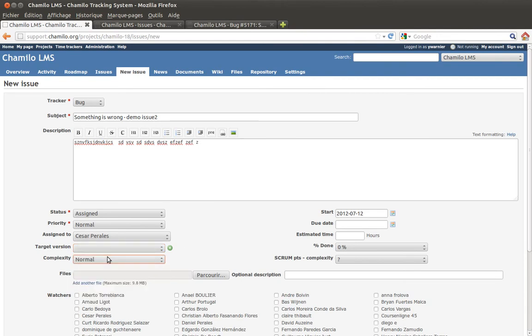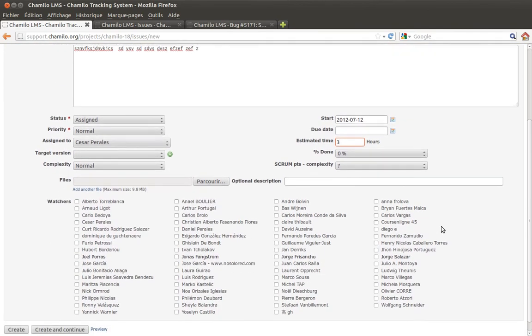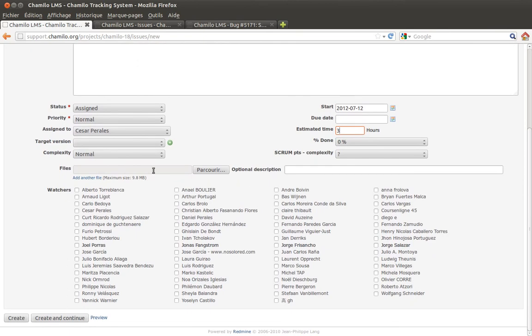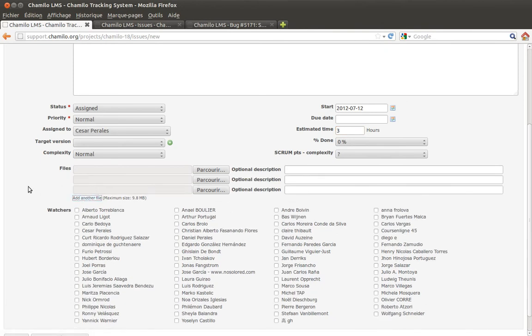Then you have complexity, which you can define by yourself in the platform administration settings. And then you have a start date, a due date, an estimated time, which allows us to schedule this task, because, for example, we know that someone will not have 3 hours straight to work on this, so we start to push it a little bit later if it takes 3 hours to close. And then the percentage done is the amount of completeness that is correct to describe this task. And then you can attach files. You can add other files here if you want. And finally,